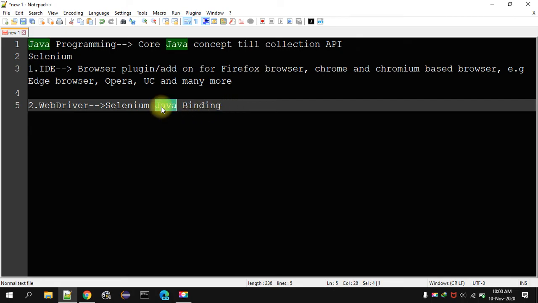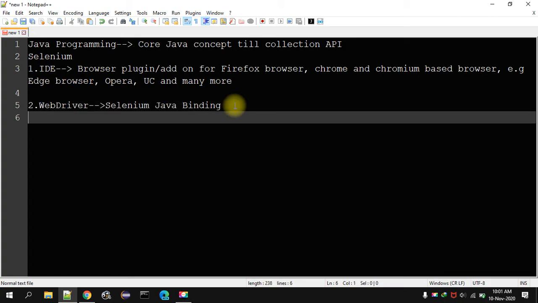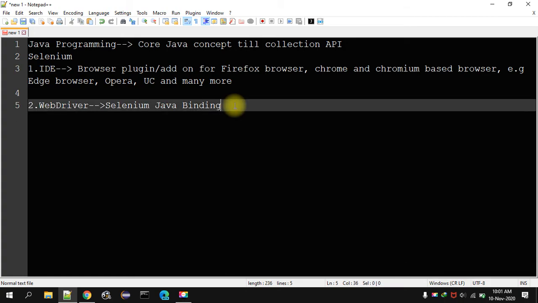Let's say if you are using C#, you will be using the C# binding, and if you are using JavaScript, then you will be using Selenium JS, that is Selenium JavaScript, and so on: Python, PHP, Ruby. The same goes for this also. It is used to basically automate the browser.